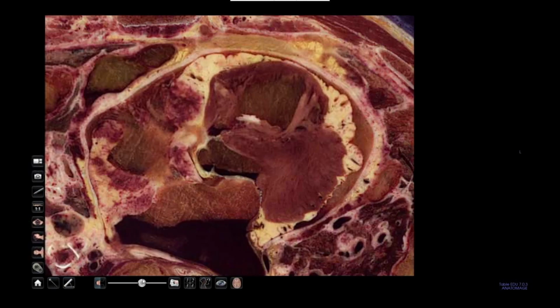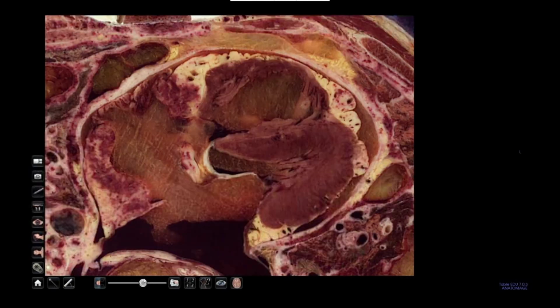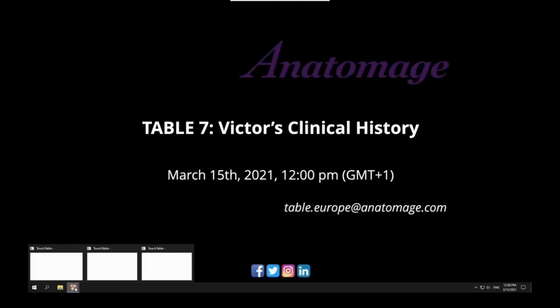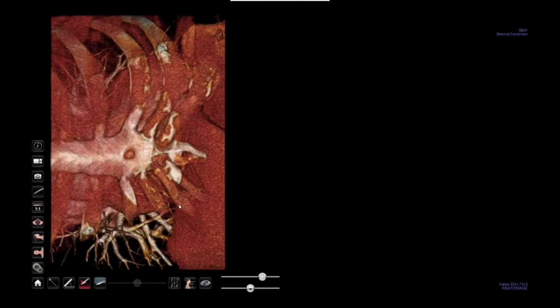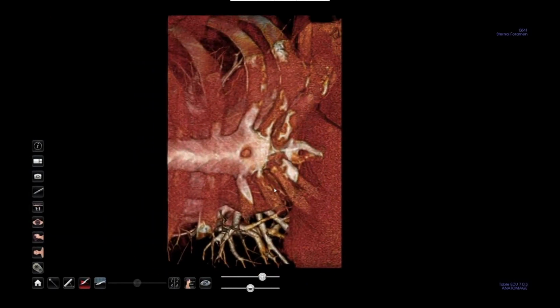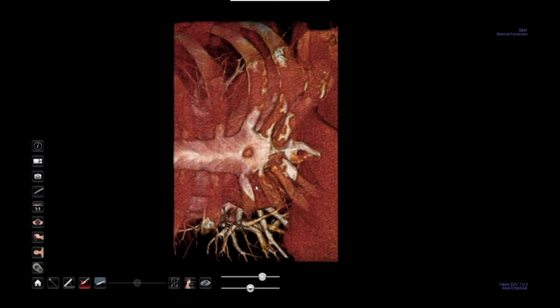And stop at the level in which the patent foramen is visible. I will again minimize this view and open a DICOM. I've already opened a specific DICOM, that is a TAC of a patient with a physiological heart, so without any disease, but this TAC was acquired in order to see the presence of a